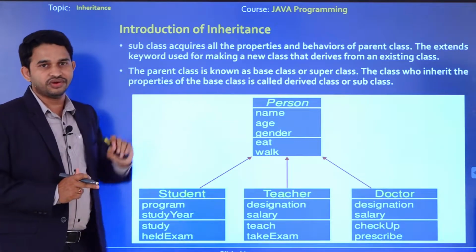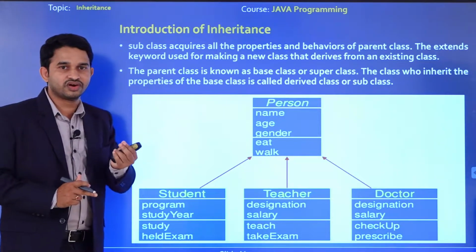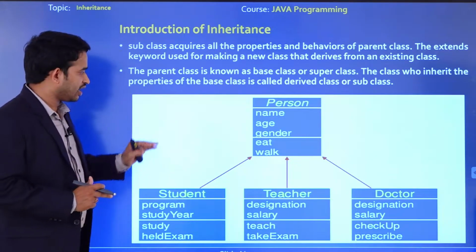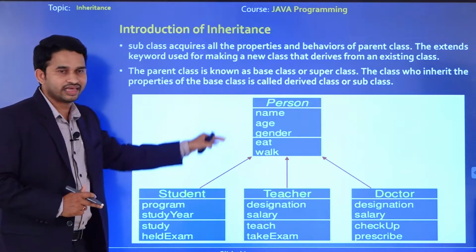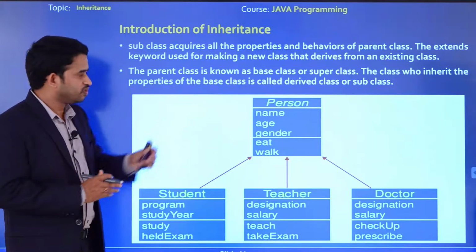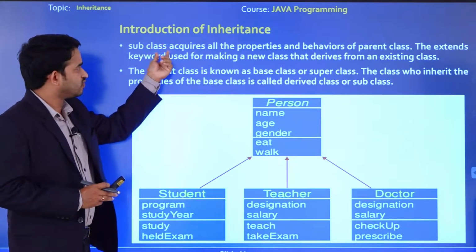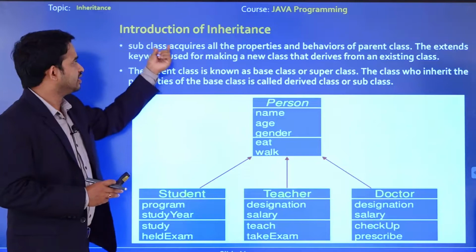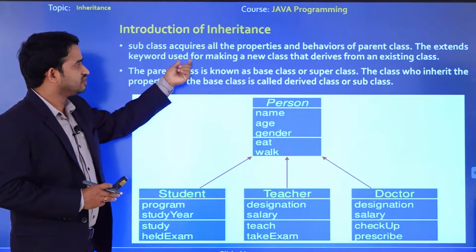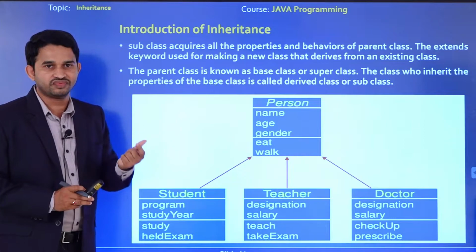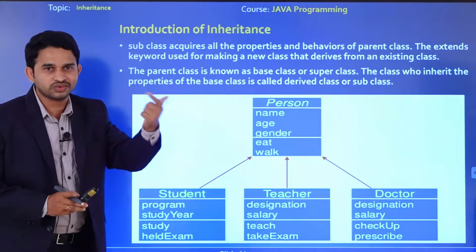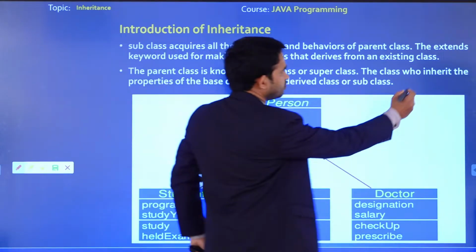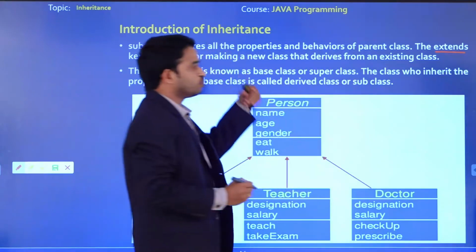In unit 1 we discussed inheritance with the example of birds, right? Birds are classified into flying birds and non-flying birds. Here I am going to discuss one more example, an application like person. Before that, what is the meaning of inheritance? Inheritance means acquiring the properties and behavior from a parent class to a subclass. Here we use the extends keyword. The extends keyword is used for acquiring the properties from a superclass to a subclass.